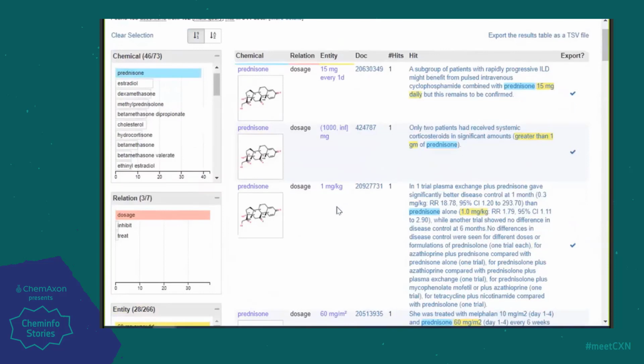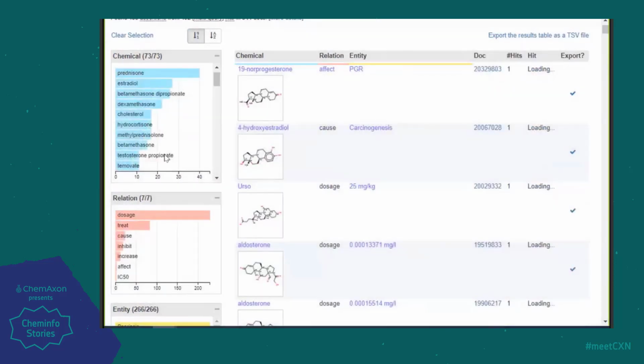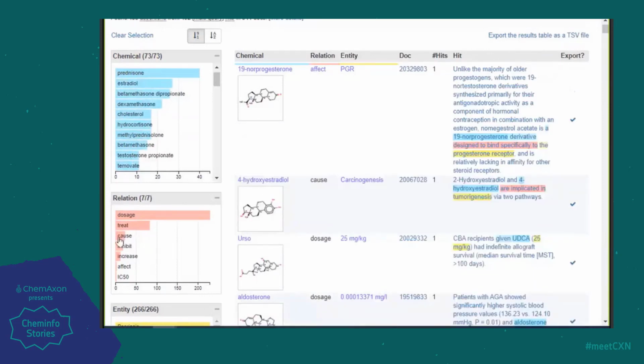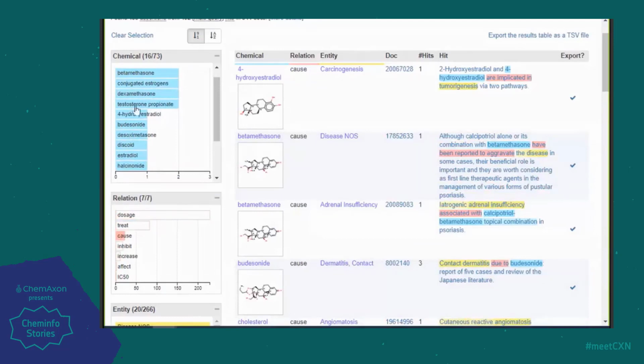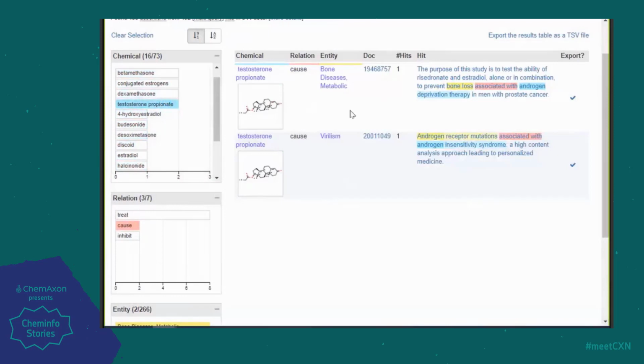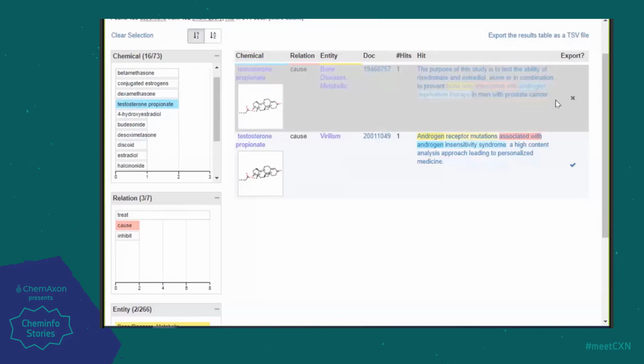And finally, using this charting capability, it's possible to see where we've got misinformation. So in this case, testosterone causing bone loss. Well, actually, it's the deprivation of testosterone causing bone loss. So in this case, we may wish to think of that as a false negative, and so we can